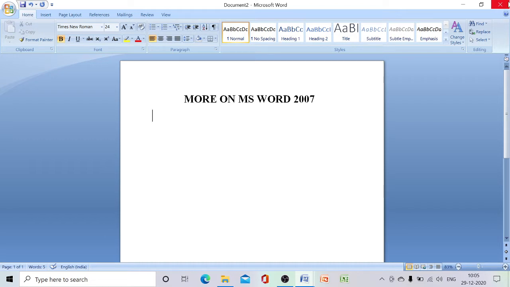In the ribbon we can see the ribbon consists of two parts. One is tabs. Tabs, at the top line you can see Home, Insert, Page Layout, References, Mailings, Review, View. These are the tabs present in MS Word 2007.